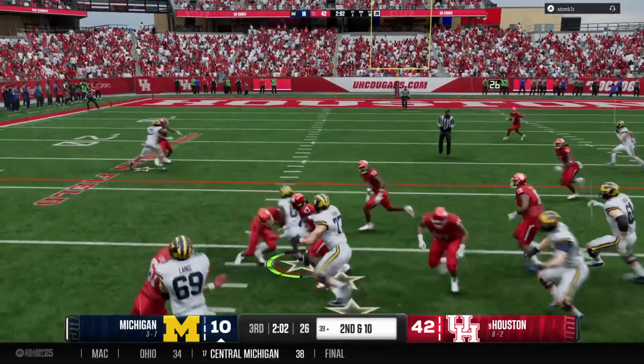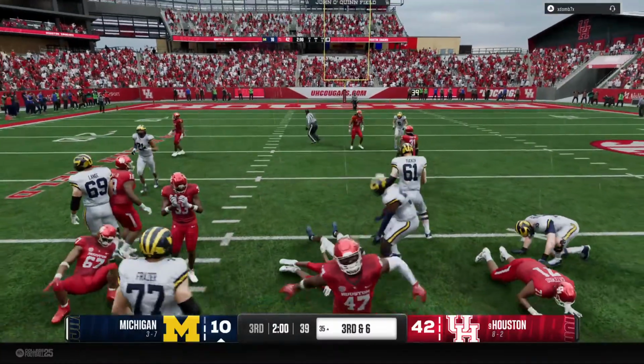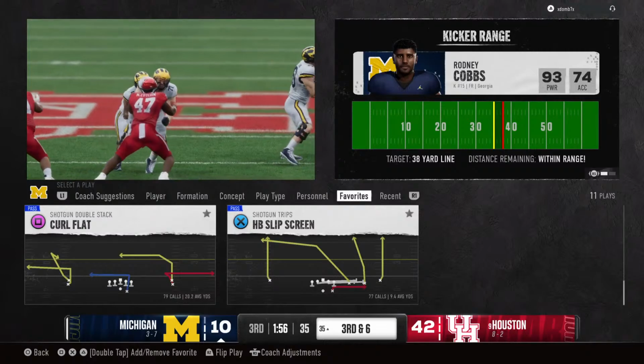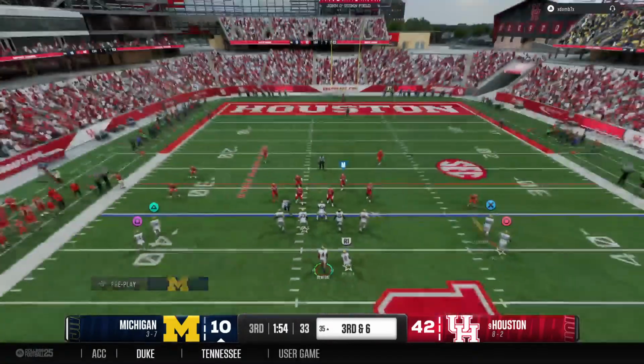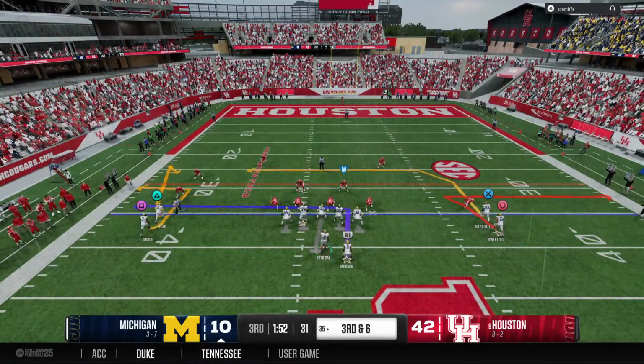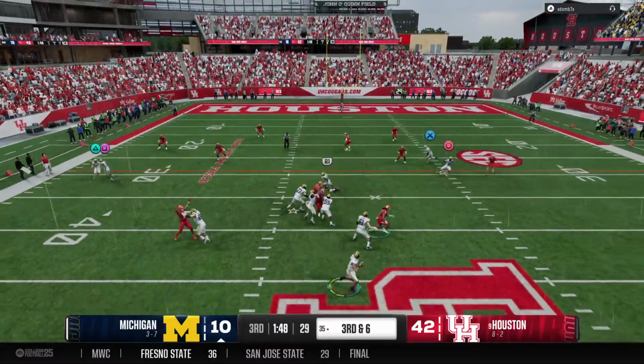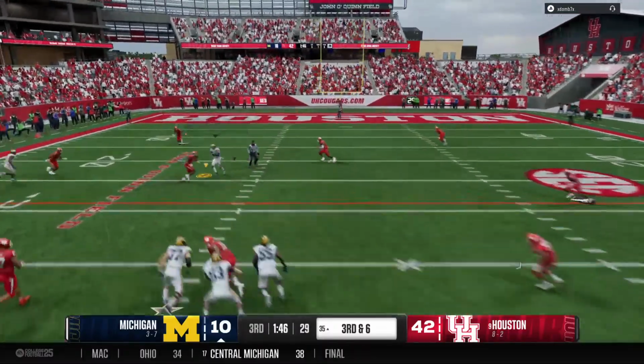Gonna run it. It's Morgan. He picks up 4. That'll leave them with 3rd and 6. See, they need more runs like that. It's been so few and far between. Defensively, they've been in position. They've been winning their one-on-one battles, getting off of blocks and rallying to the ball carrier. This defense has done a nice...